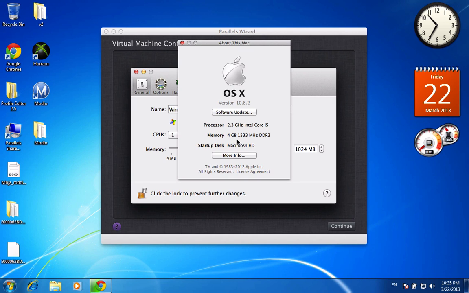How much memory? As you can see, I have 4 gigabytes of RAM. That means I have 2 slots in my Mac, so 2 gigabytes per slot. Now, what that means is I have 4 gigabytes of RAM. If you only have 2, I actually don't even recommend you try to get PC working on your computer,